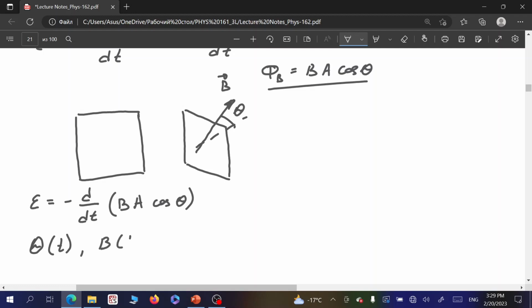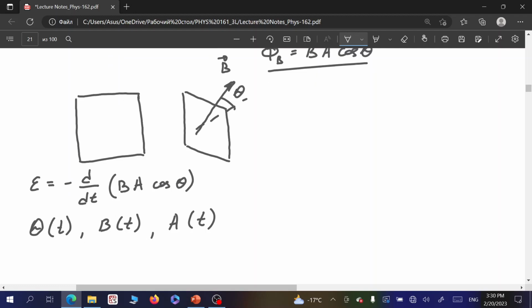Yes, the magnetic field also can change, and area. So these are the options when we may end up with the situation that magnetic flux is changing over time, and that will result in induced electromotive force and current, according to Faraday's law. So now let us consider first option